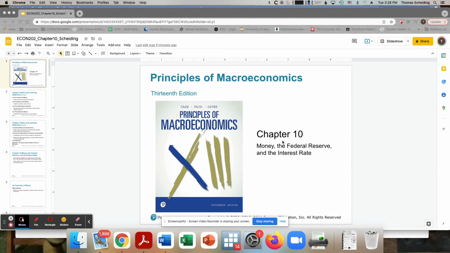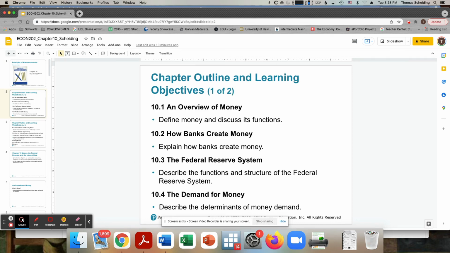In this chapter, we look at something that some of you probably thought we were going to look at almost in the beginning of this course, and that's this idea of looking at basically what is money and understanding much better what the central bank does, the Federal Reserve. And so that's what we're going to do in this chapter. And to contextualize it, the reason why we're talking about money is so that we can better understand what monetary policy is.